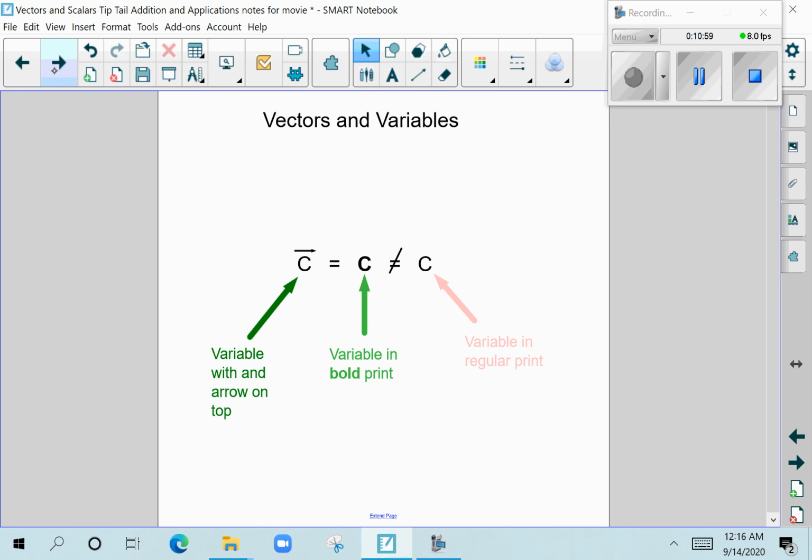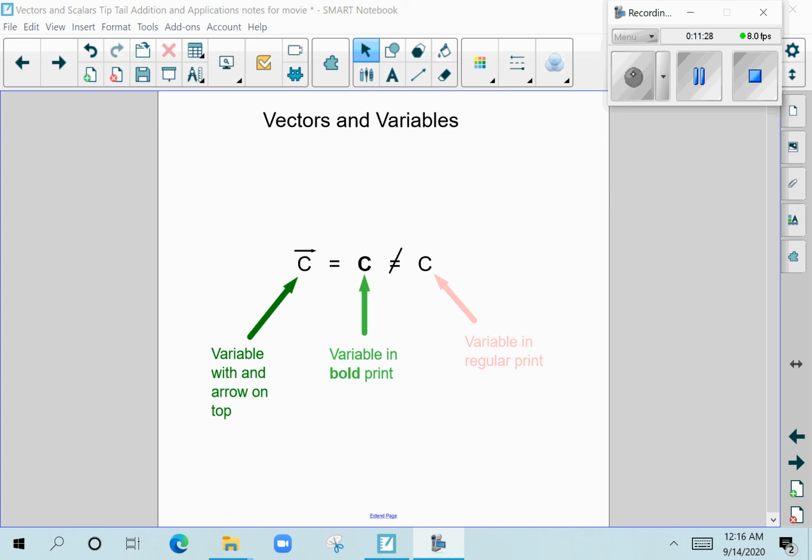Whenever we draw out our variables to represent a vector, just like we do in math with x equals 3, we're going to use special symbols to illustrate that it's a vector versus a scalar. We're still going to use letters, just like before. The letters are the classic variables that we use. But to show that they are vectors that have both a magnitude and a direction, instead of just a magnitude like the regular everyday variables that we use,